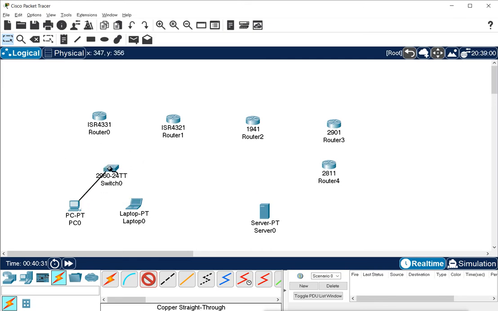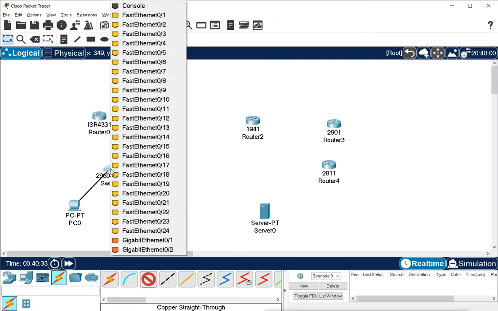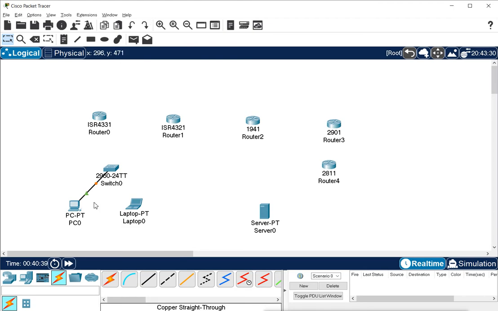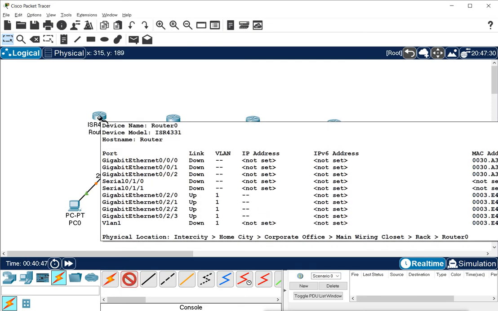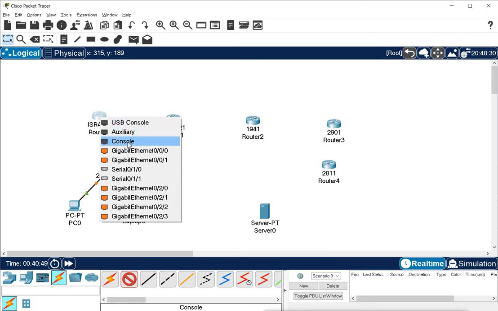I click on the switch, and on the switch we have multiple Fast Ethernet ports. I can select any of these, I will go for one. So this is how I connect this. Now for the console cable: console cables are used to connect routers. So I click on the router, and in the router we have multiple ports here.